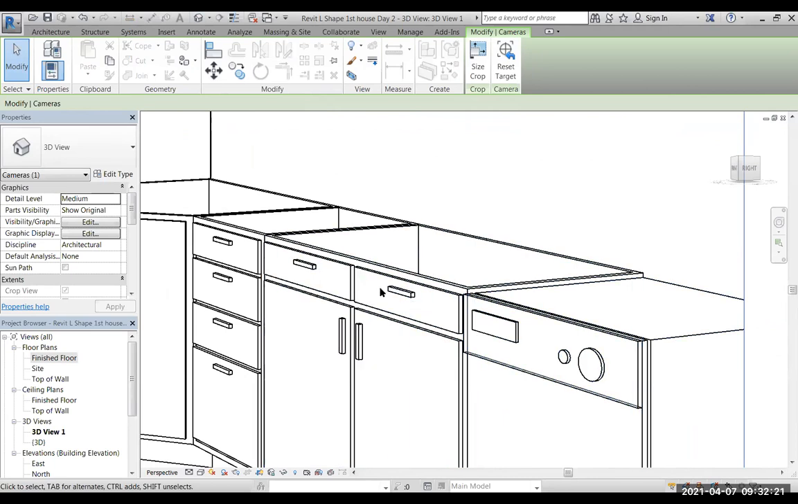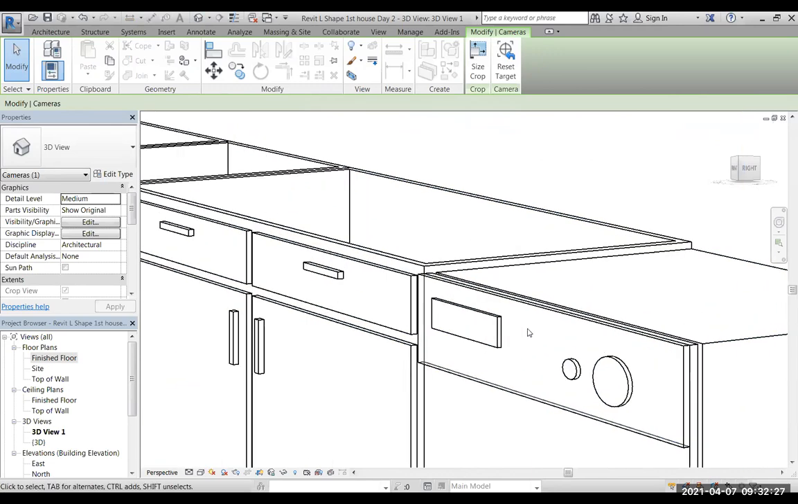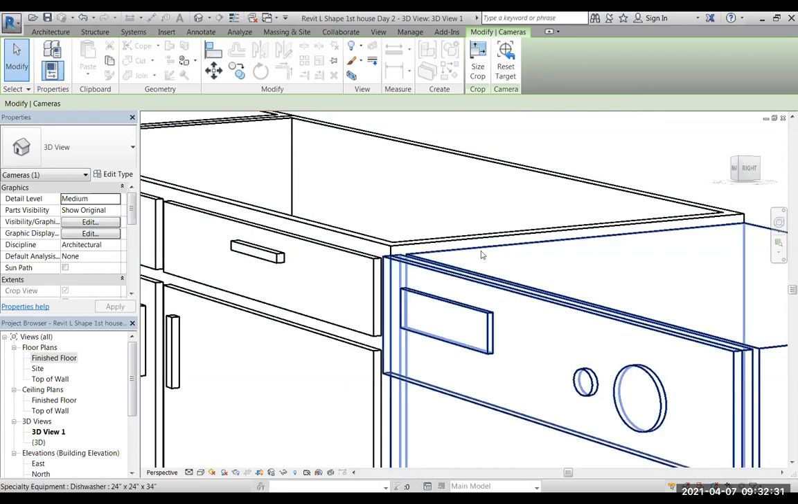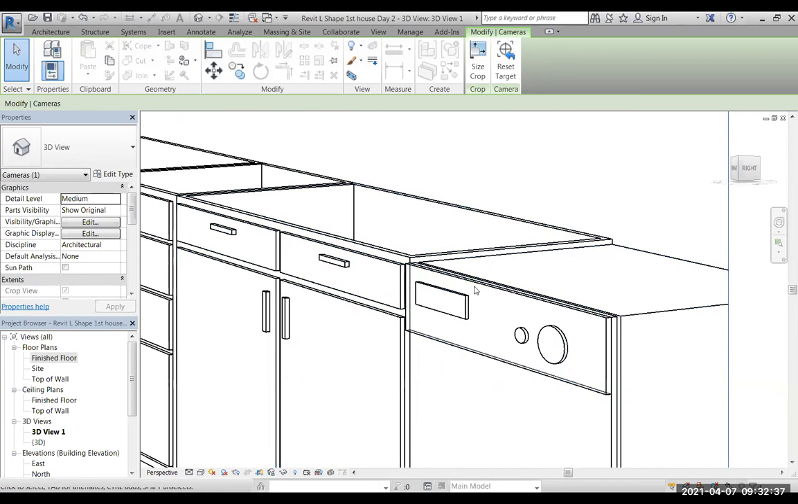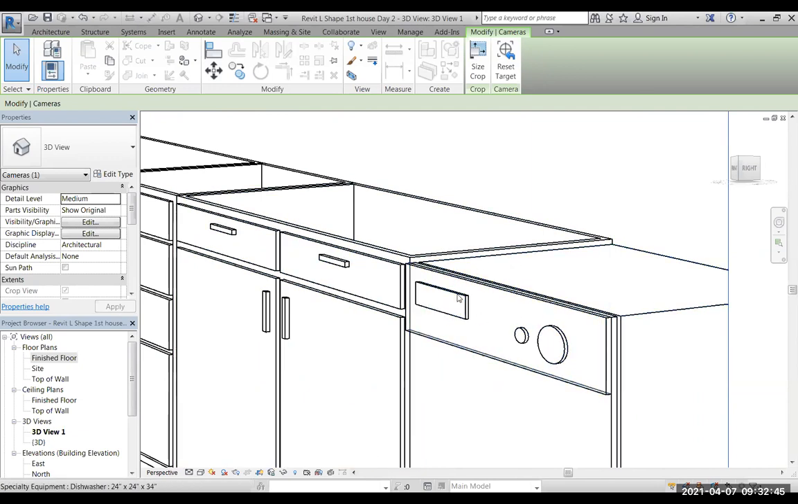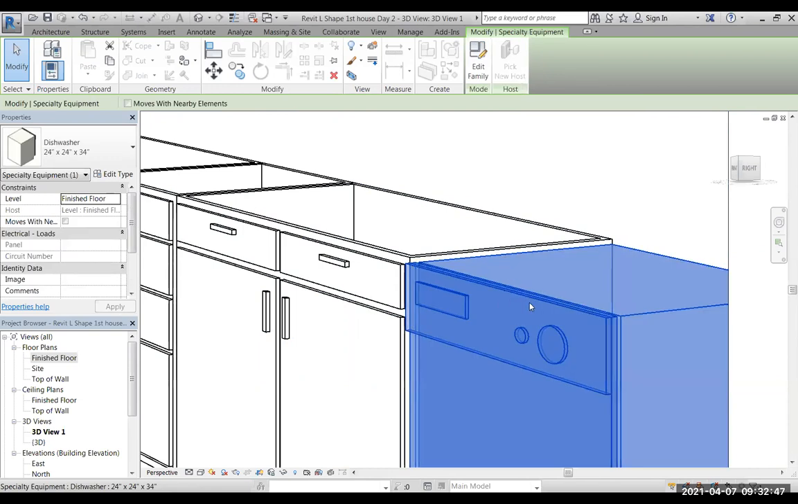I do have a slight issue here. Notice how the top edge of all the cabinetry is great. And then we get to the dishwasher and there's a gap. So I need to make the height of the dishwasher a little bit higher, because when I put the countertop on, I don't want there to be a gap between the top of the dishwasher and the bottom of the countertop. So let's see. If I click on this dishwasher,